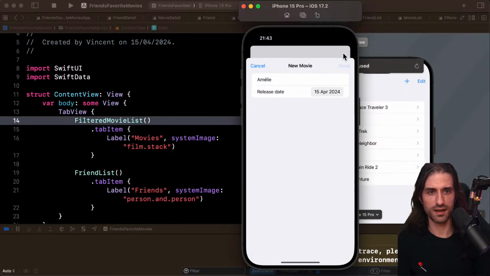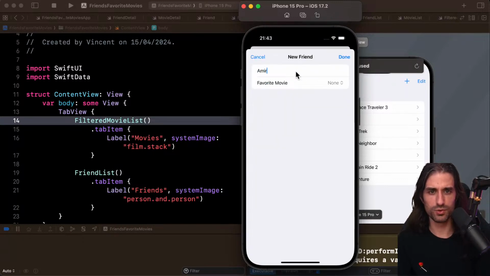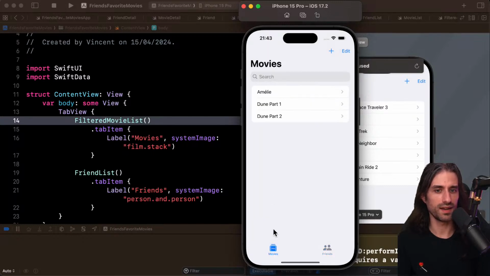Amélie, I guess that's the English name, because in French, the name is Le Fabuleux Destin d'Amélie Poulain. So the amazing fate of Amélie Poulain. But it might just be like Amélie or Amélie Poulain for the international name, actually. That makes sense. And trying to make sure, I think it was Julien who gave this. I think it was Amir. Yes, it was Amir who gave this example. So I'm also going to add you to the list, and so I can set that your favorite movie is Amélie Poulain. And let's see if it worked. Yes, it did work. Perfect.